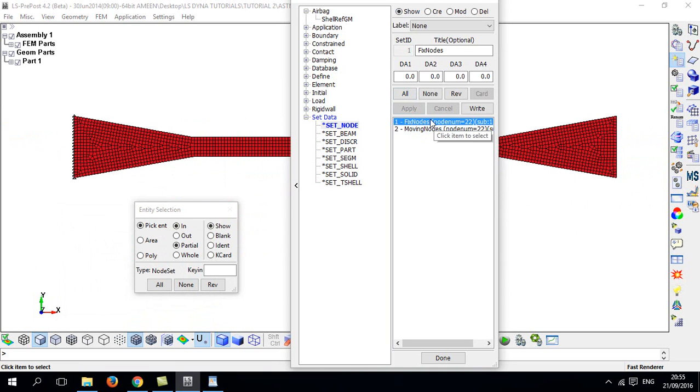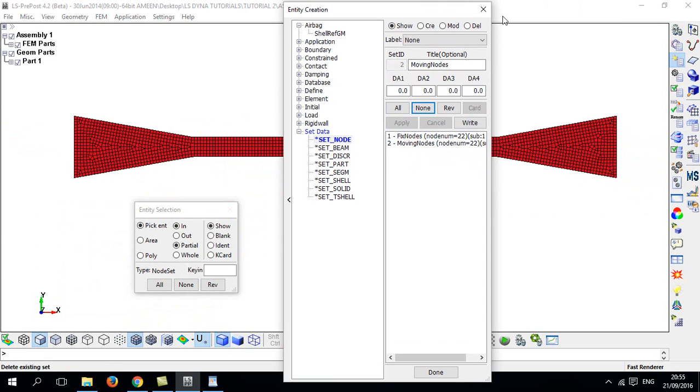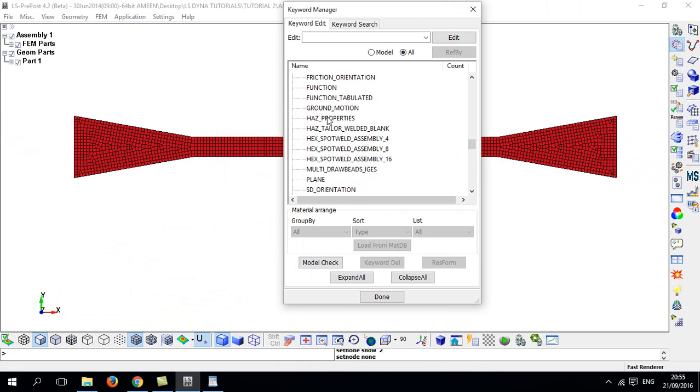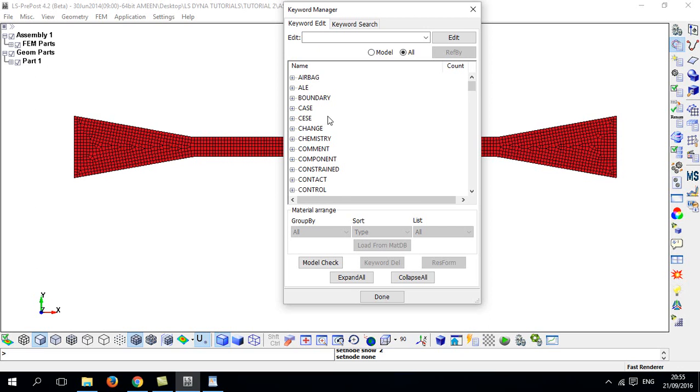Okay, this is the fixed node, this is the moving nodes. Okay, none. I hide both of them. Okay, cancel, close this one, open the keyword manager again. Now first I want to fix